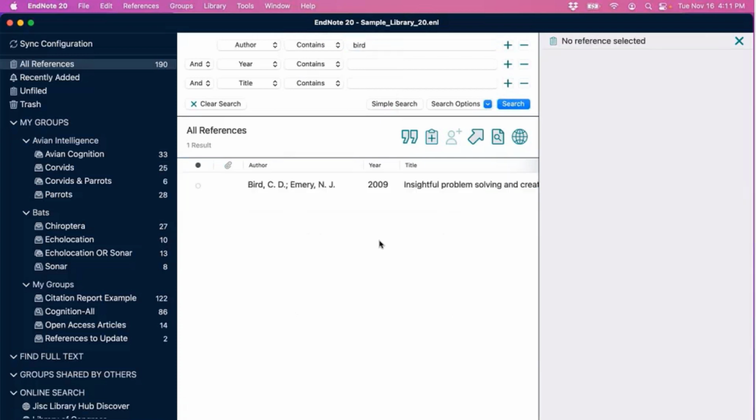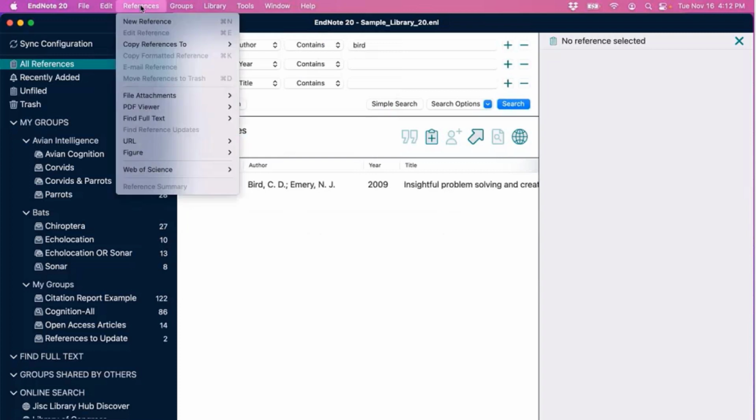And next, like I mentioned, I wanted to show you how to manually add a reference if the need were to arise. Something that doesn't come up very often. There are, again, many information providers that have automated EndNote export options. But if you ever need to manually add a reference, whether it be a government report that you can't find online, or maybe you want to cite an individual web page, which usually wouldn't have an EndNote export option, you can create a reference manually.